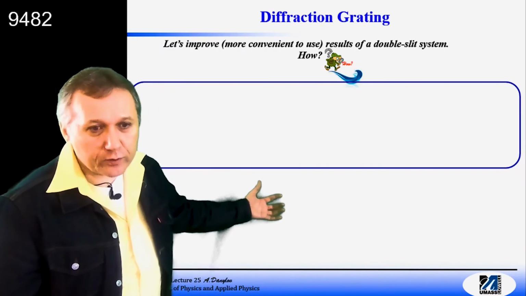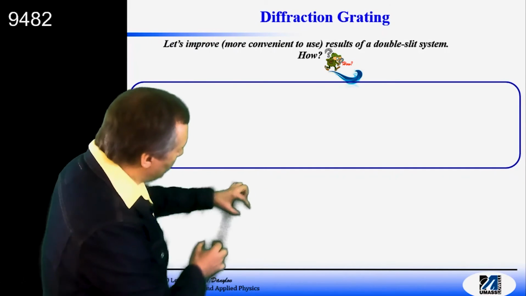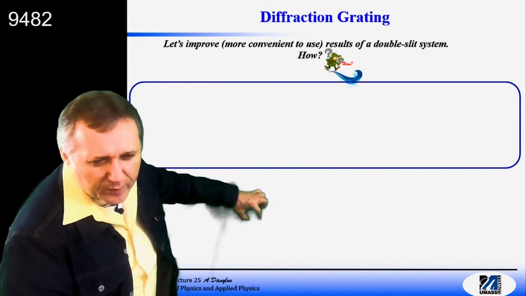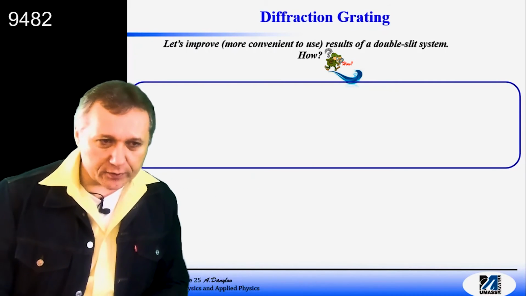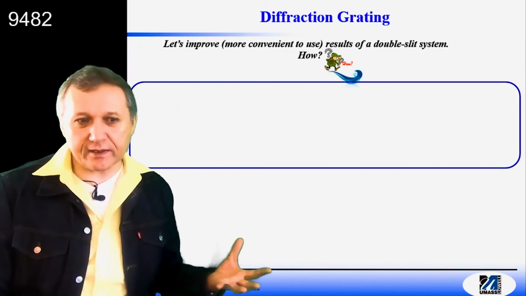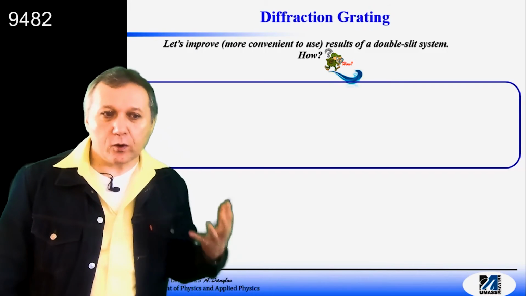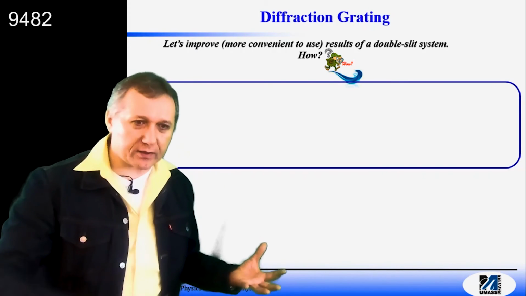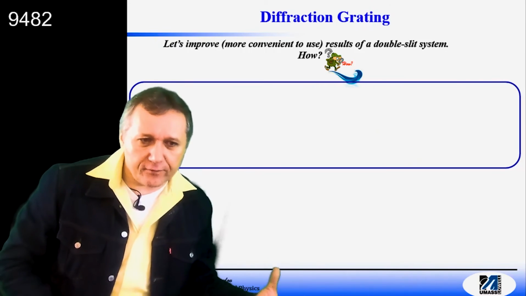Again, during the regular semesters, I demonstrate the double-slit experiment. And usually students see this interference pattern within a very, very short distance, maybe within a couple of centimeters, all those bright and dark spots. If you want to use this double-slit experiment, for example, to calculate the wavelengths of a laser or some other radiation, it's very, very inconvenient